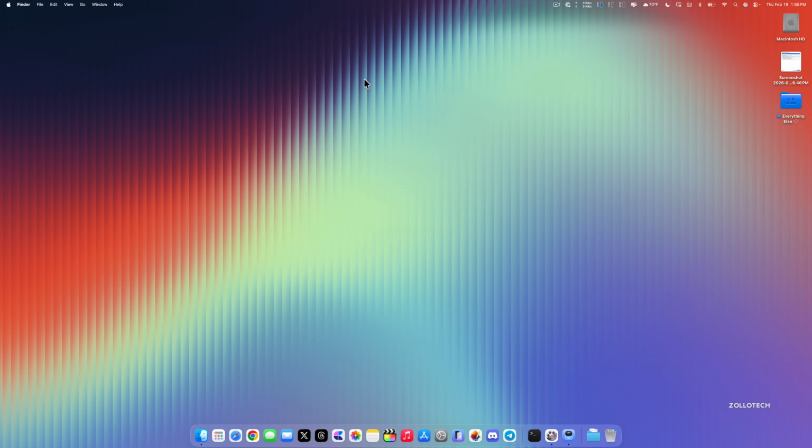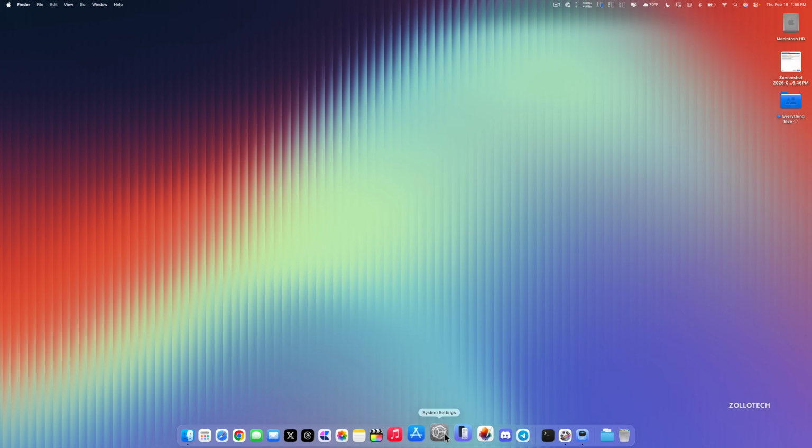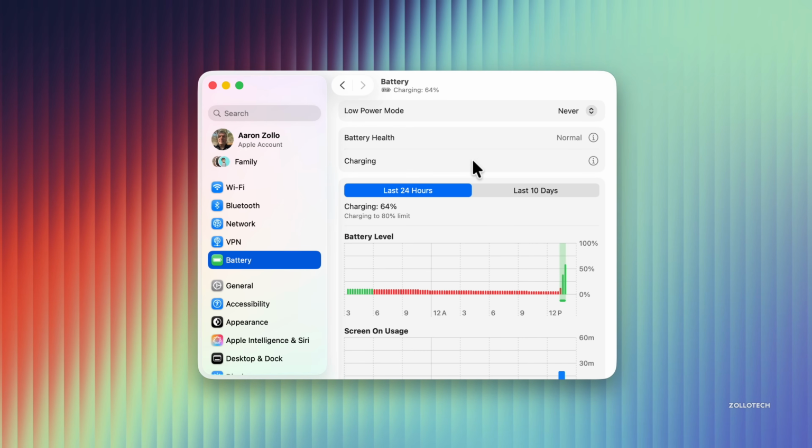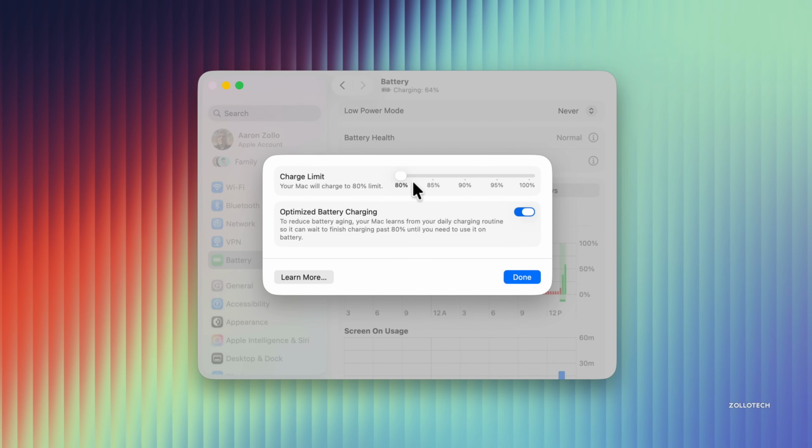The first thing has to do with battery if you're on a MacBook. So if we go into our System Settings here, then we go to Battery. Under Battery, of course, we have our battery health, but under Charging, we have a little information icon. If we click on this, we now have a charge limit. We can set it to 80%, maybe